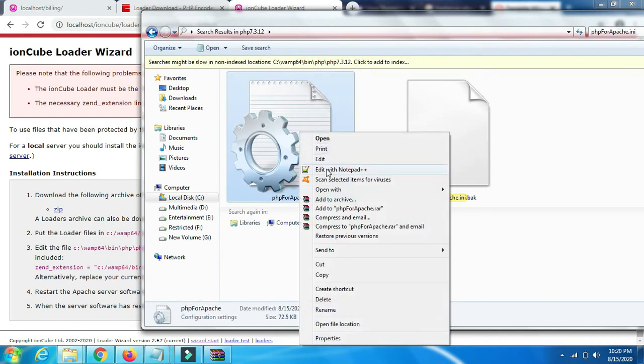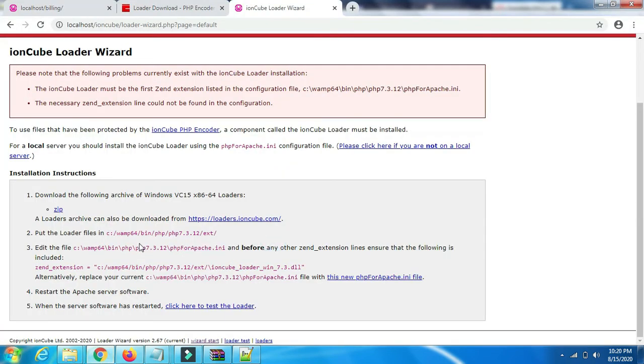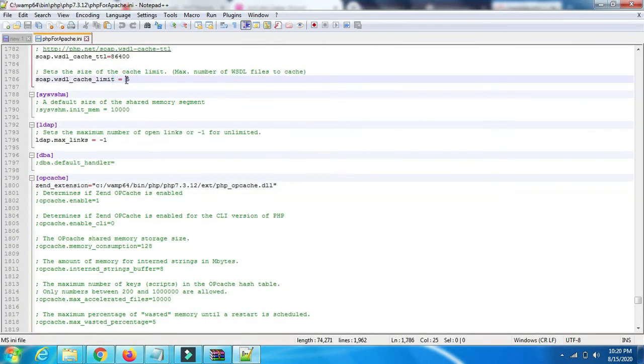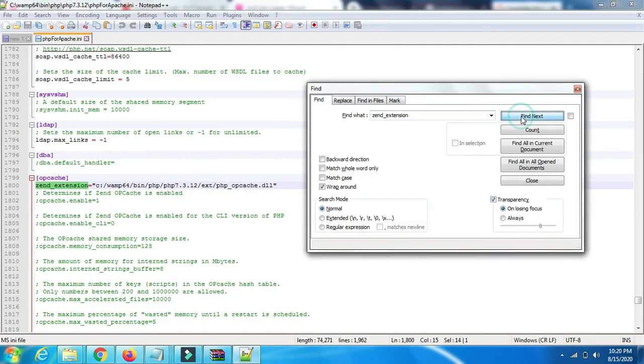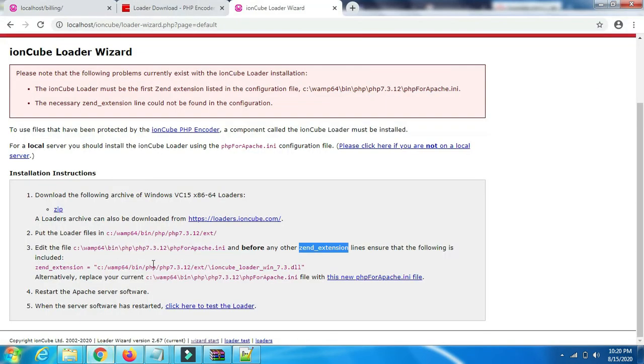You can open it with any notepad editor. There are two occurrences of this particular line in the whole file. So you need to copy paste this line two times in the same file.